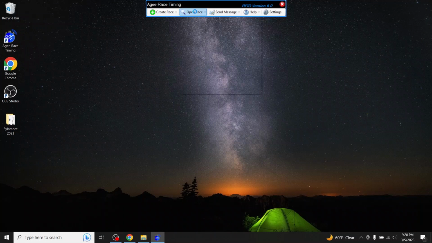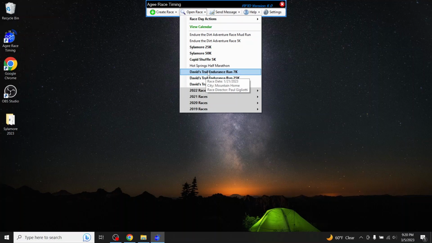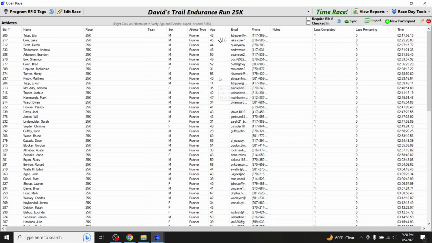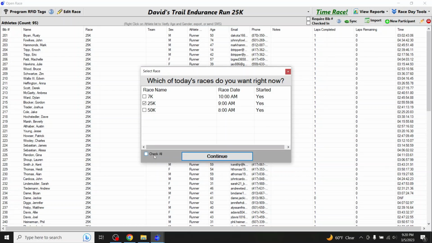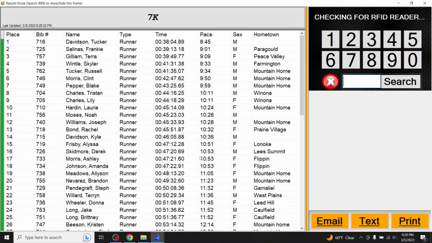Let's do that, because I told you I'd use another race for that kiosk. Let's do this, another trail run. In this case, I'll pull up, I guess I'll do all three races. So on the results kiosk, you should see that